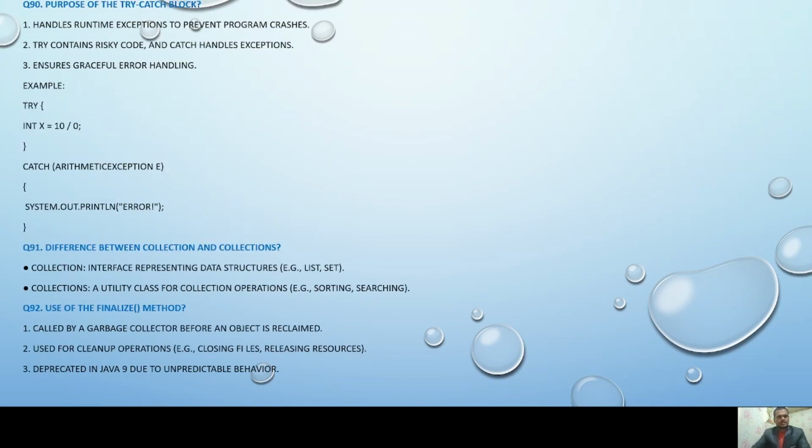Next question. Purpose of the try catch block. Handles runtime exceptions to prevent program crashes. Try contains risky code and catch handles exceptions. Ensures graceful error handling. Example: try { int x = 10 / 0; } catch (ArithmeticException e) { System.out.println("error"); }